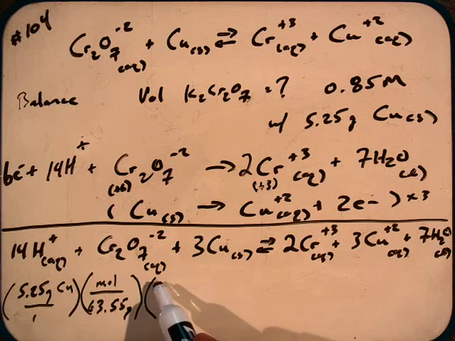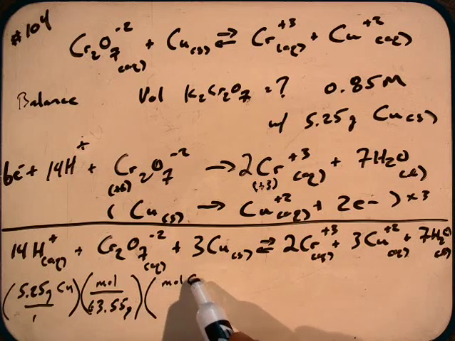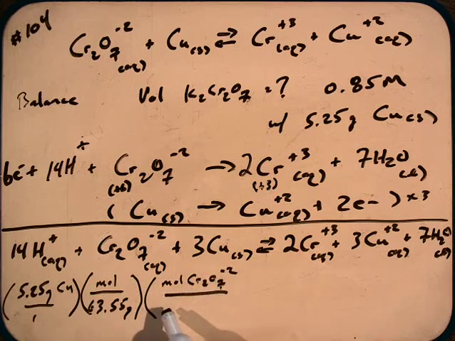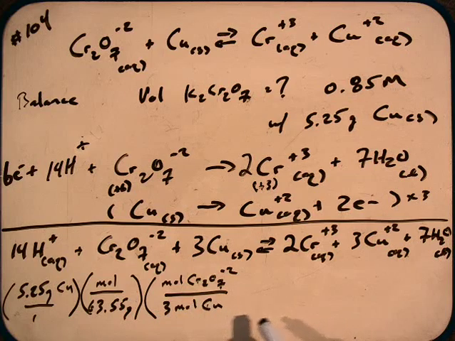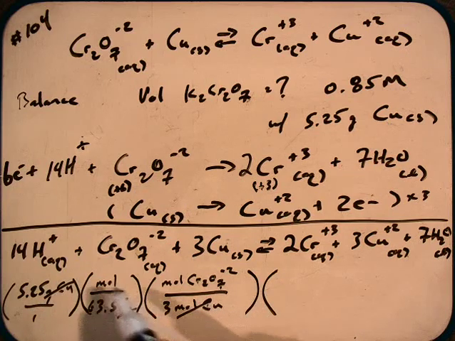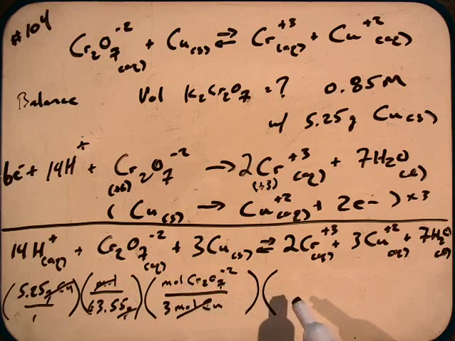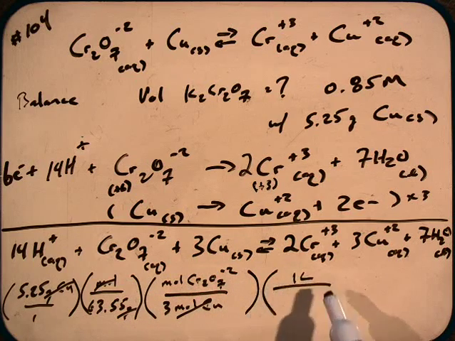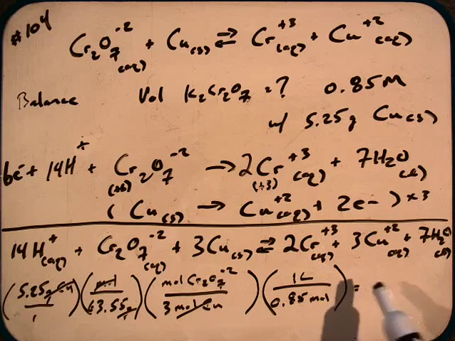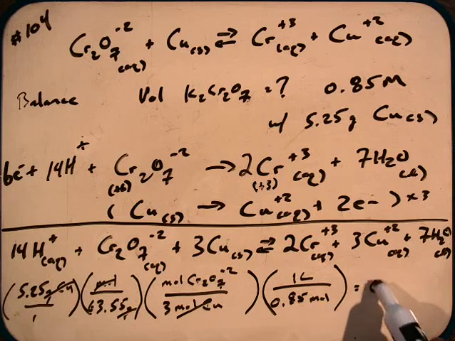We can then relate the stoichiometry of the dichromate to that copper, which is a 1:3 relationship. So we've gotten out of grams of copper into moles of copper, and now we're into moles of the dichromate. And now we'll use our molarity. We'll divide by it, and that gives us the volume that we need to add,